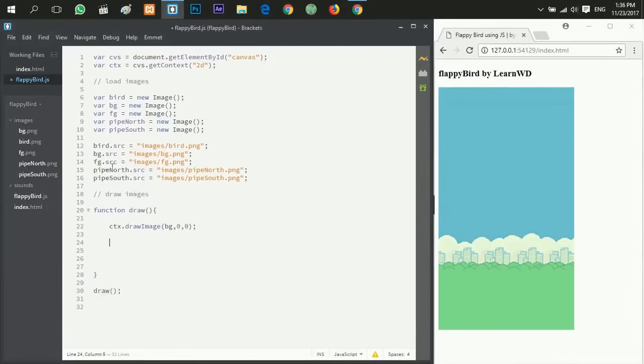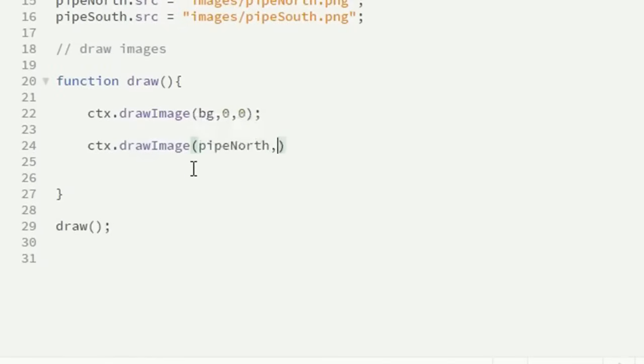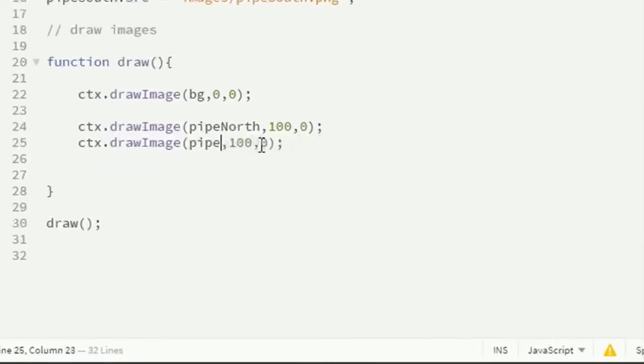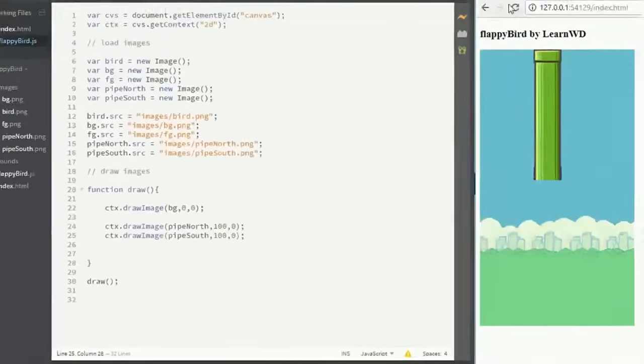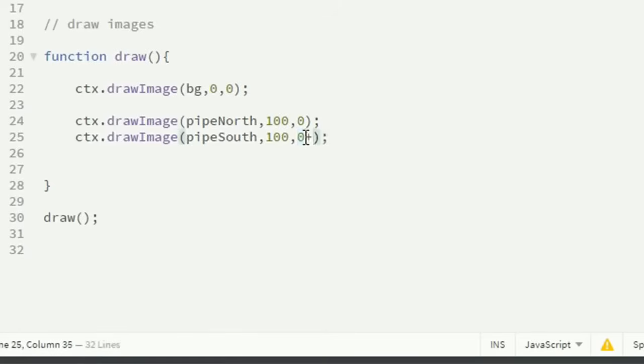Now I'm gonna draw the pipe north and south. So select drawImage, the pipe north. I'm gonna use some X and Y positions for now. Here's my pipe now, pipe south, and for the pipe south, we're gonna add the pipeNorth.height plus the gap. So I'm gonna say just constant,